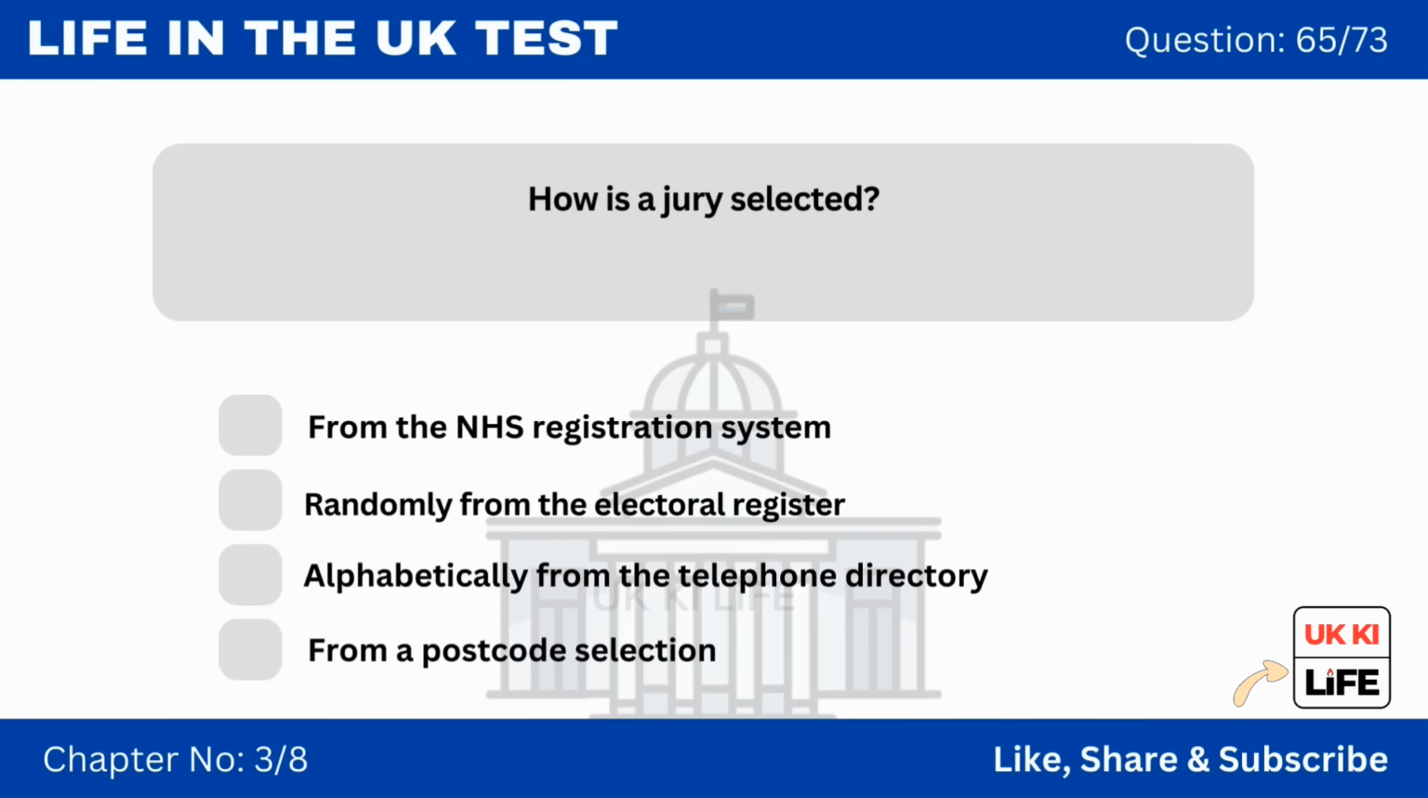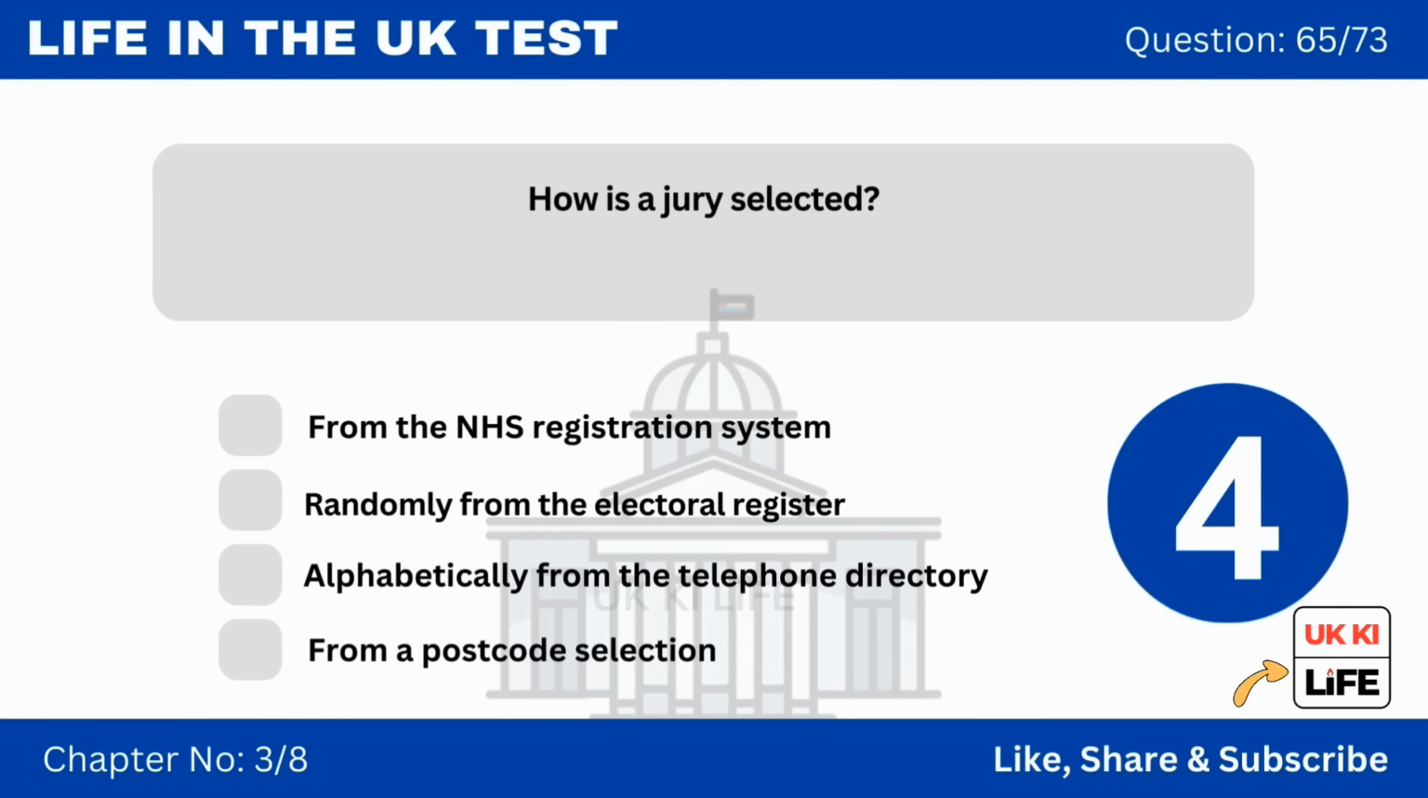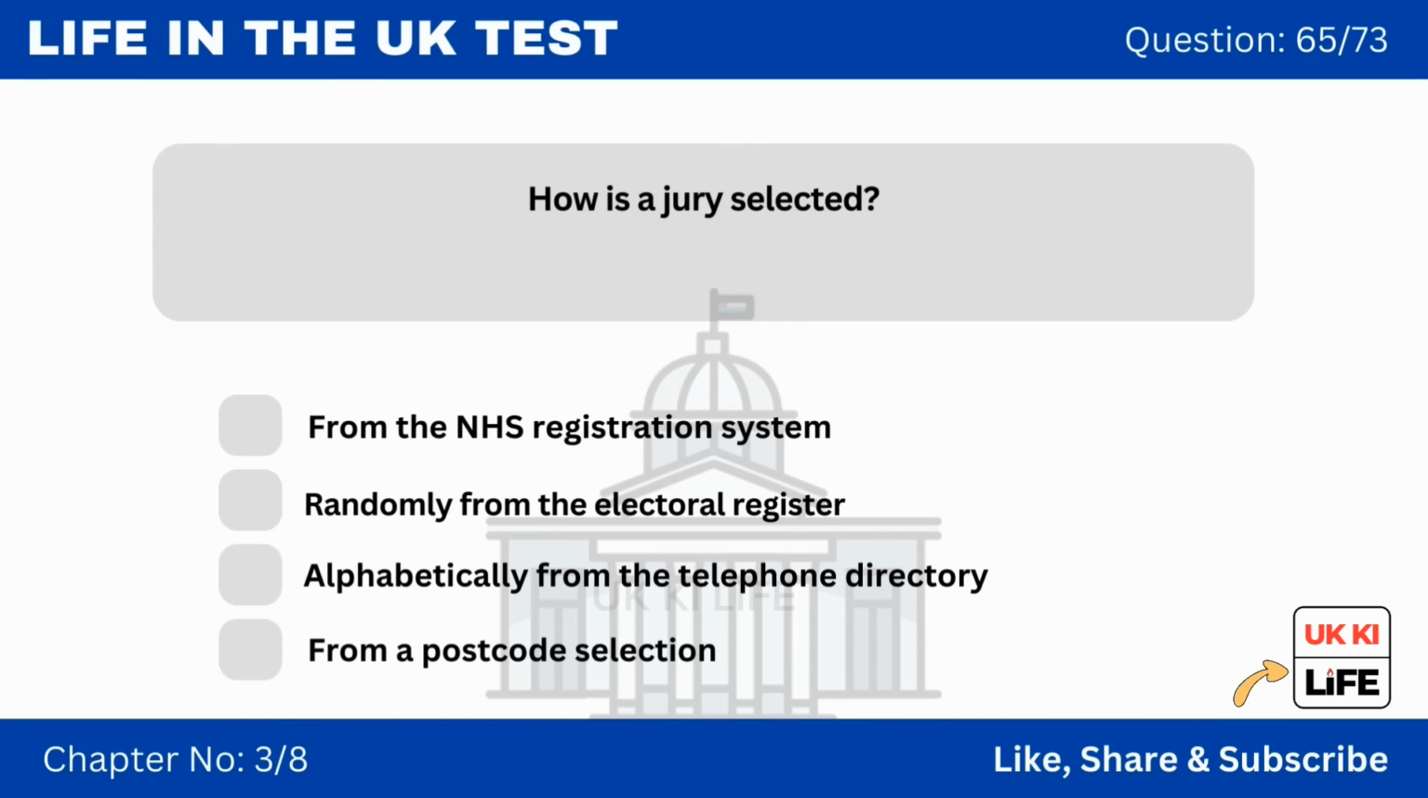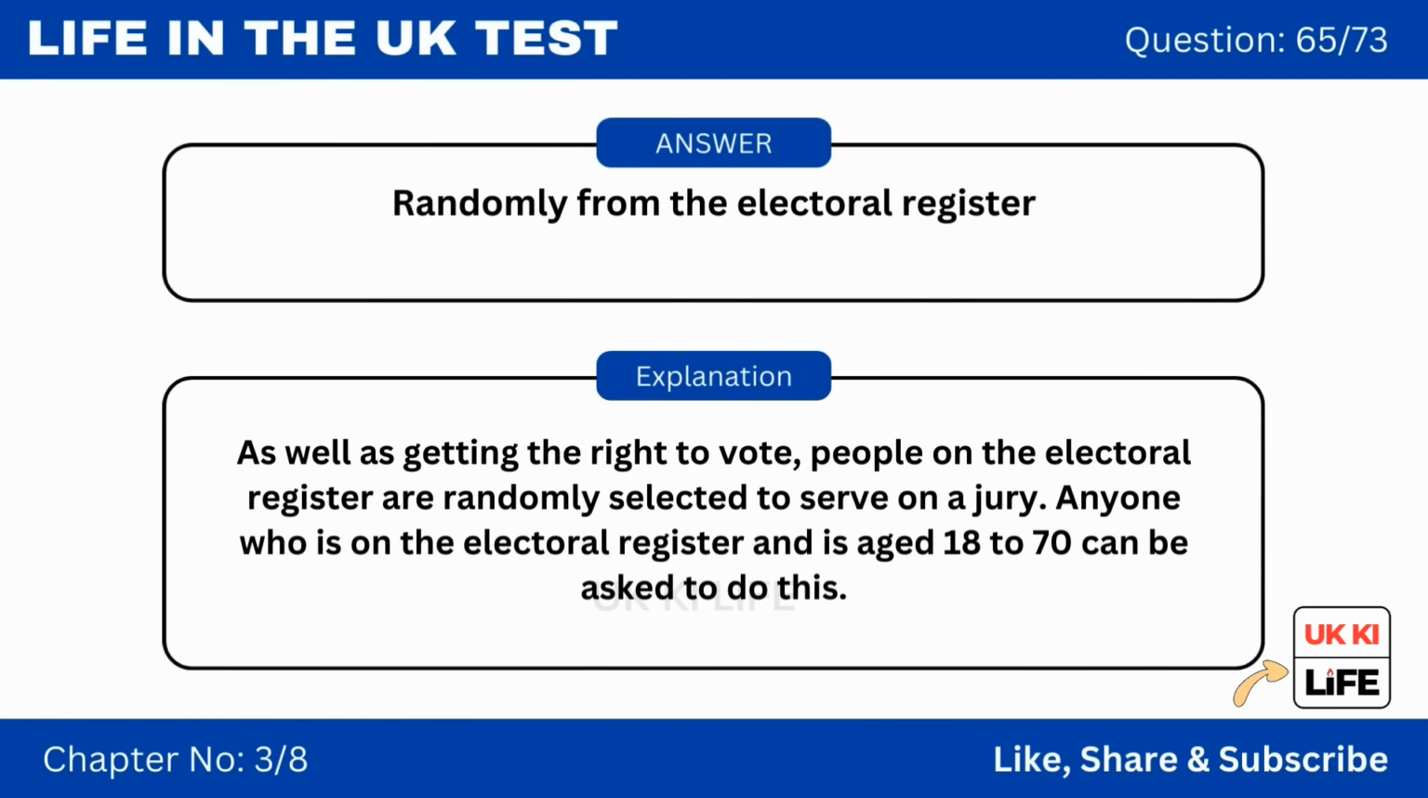Question 65. How is a jury selected? From the NHS registration system. Randomly from the electoral register. Alphabetically from the telephone directory. From a postcode selection. The correct option is B. Explanation. As well as getting the right to vote, people on the electoral register are randomly selected to serve on